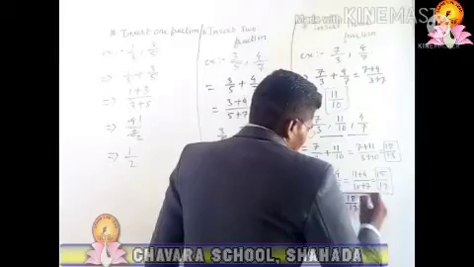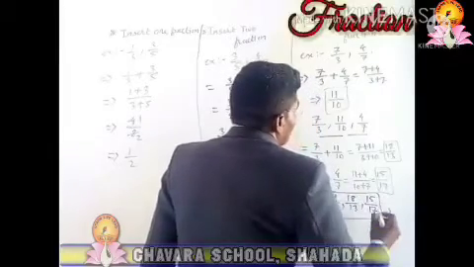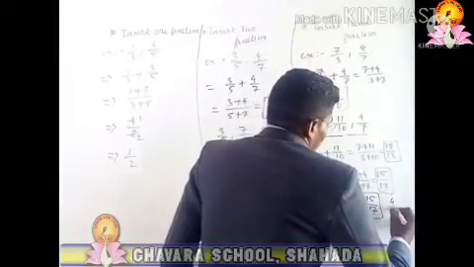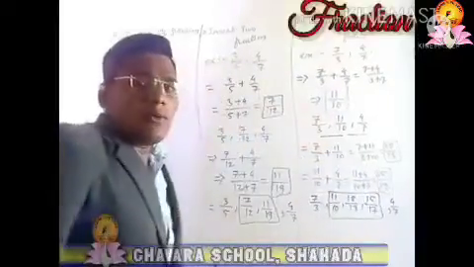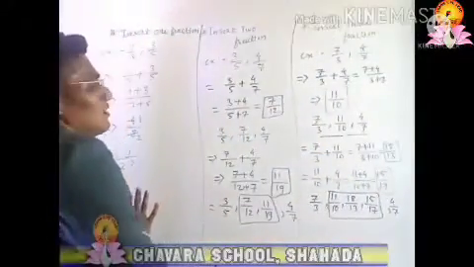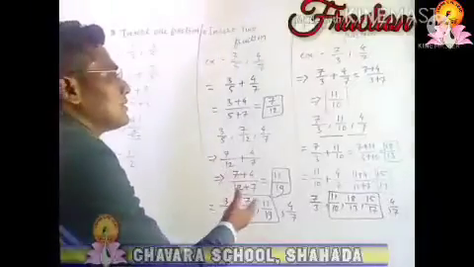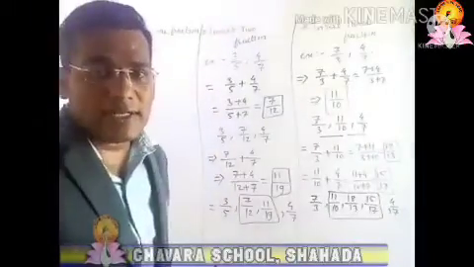These are the new fractions which we got, and the last fraction which we had is 4 by 7. This is how we can insert one fraction, we can insert two fractions, we can insert three fractions.